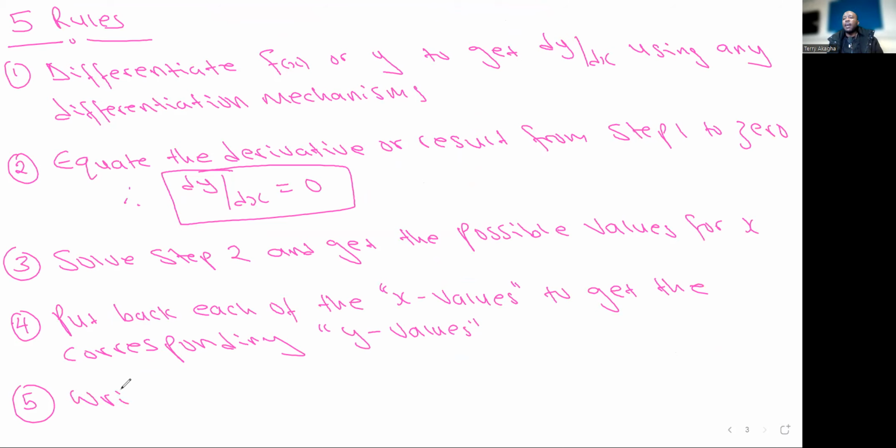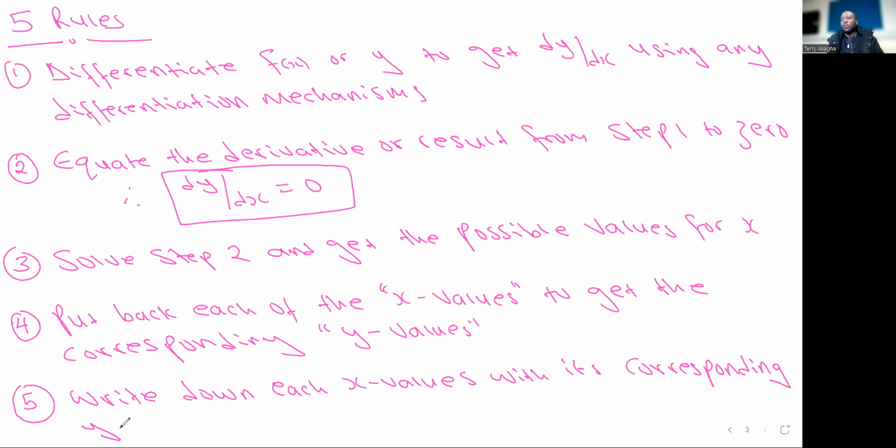So number 5, you then write down each x value with its corresponding y value. So you're gonna have x1, y1, and then x2, y2, etc. You're gonna write it in bracket form, in coordinate form. We talked about coordinates before. All right, so let's